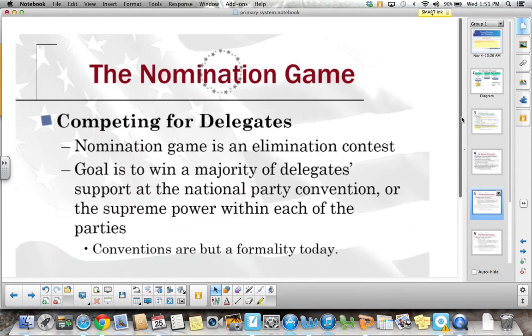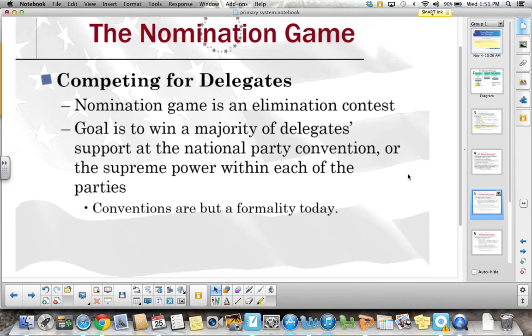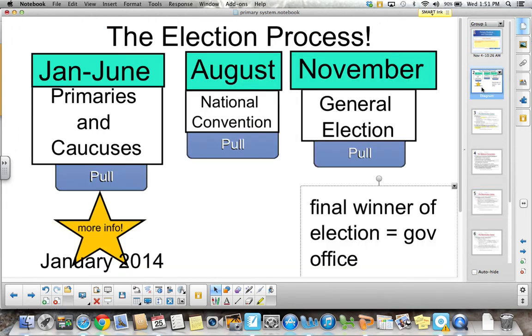First of all, the nomination game: just winning one primary, one election, doesn't mean you're nominated. Because what states do is they hold their elections. If it's January, maybe you guys were wondering, January through June, why is it taking so long? Because states hold their own nomination contest. Each state goes one at a time, and people in each state have the option one at a time of